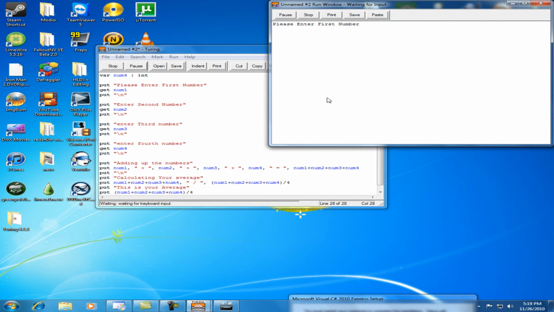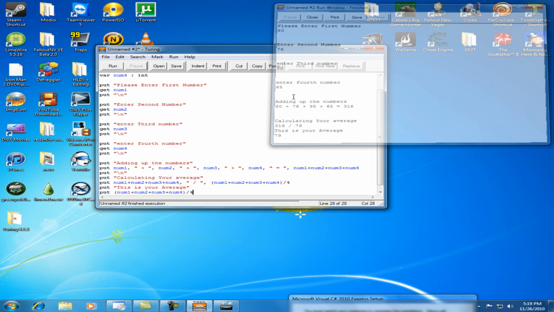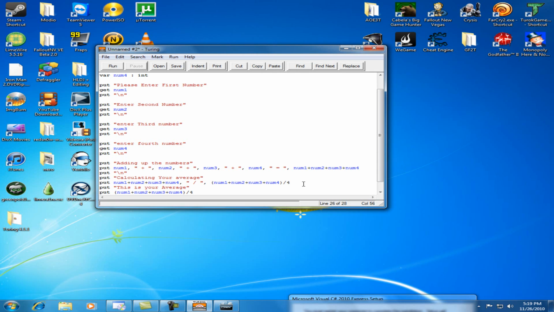And test run it. It might not be working for the beginning, but let's say I got an 80 in math, 76 in science, 95 in gym, and 65 in philosophy. Enter it, it adds it all up. That your average would be 79. You could also just put a space, which I'm doing here by putting put